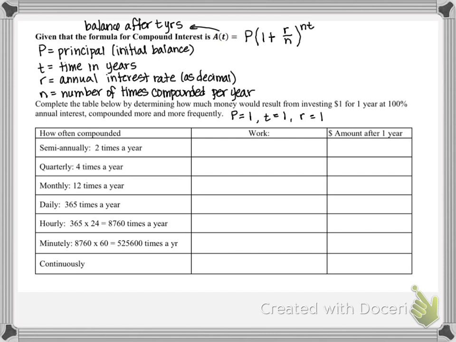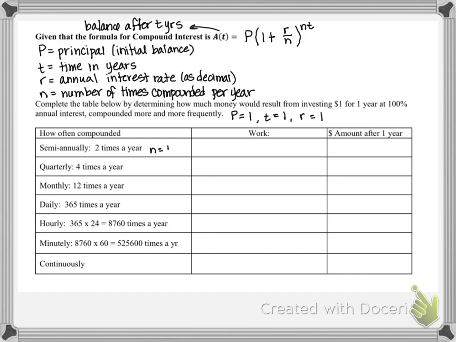And I should mention, this formula only works if you're not withdrawing or depositing any money during that time period. It doesn't take into account payments or anything like that. It's like you put money in an account and then it just sits there for T years. So